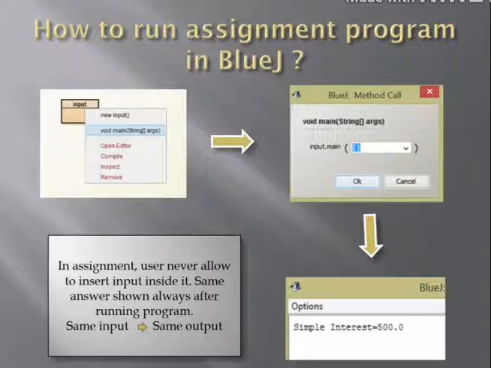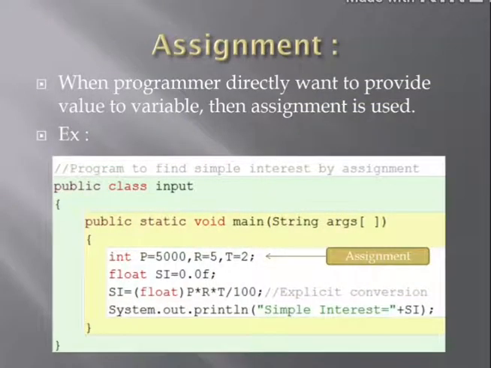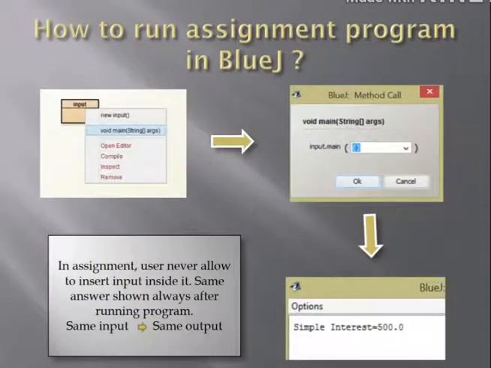And whenever we run this program, we get the same output. If you want a different output, then you have to change the values of P, R and T inside the program again and again, and then run your program in the same manner. It means the programmer is changing the input values and then getting an output.